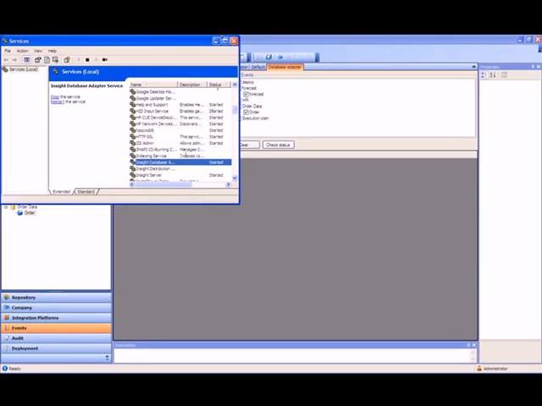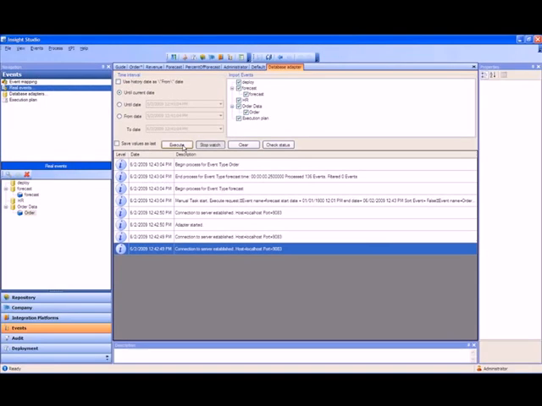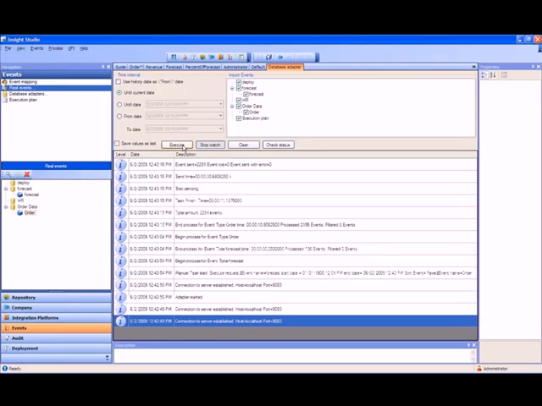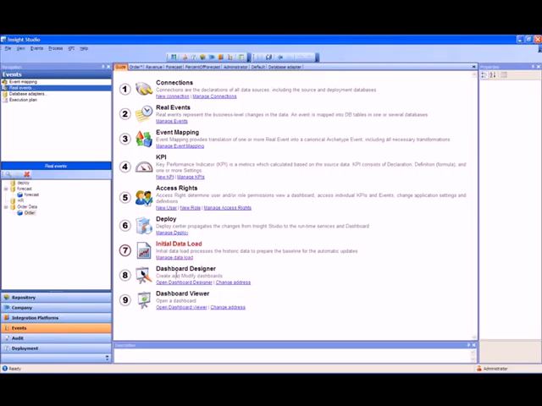I click on check status and see that we are connected. I turn on the watch so I can see what happens, and then I click the execute button. The system is now going off and querying my SQL Server, my Oracle, and my Excel system, pulling the data back that I require, generating the metrics that I've defined, storing the calculated metric values in my MetricSmart, and when I see this event sent message, I know that I'm done. So I now have my MetricSmart fully populated,